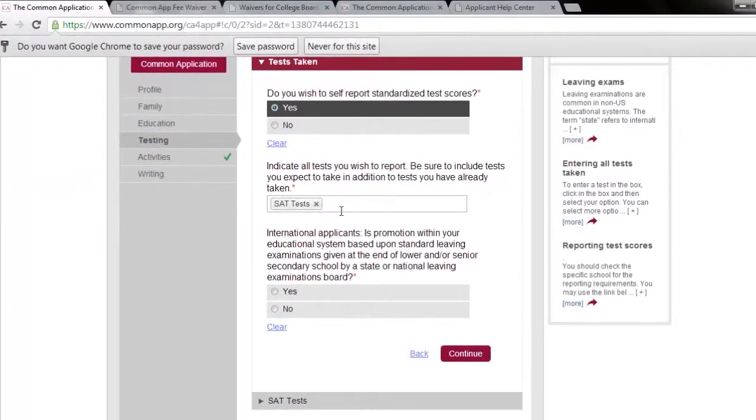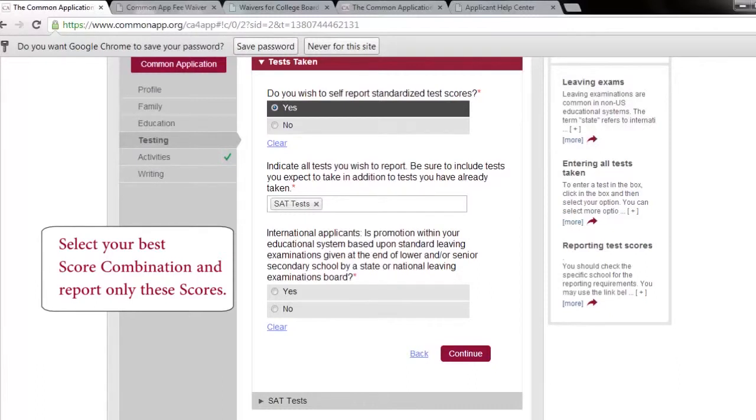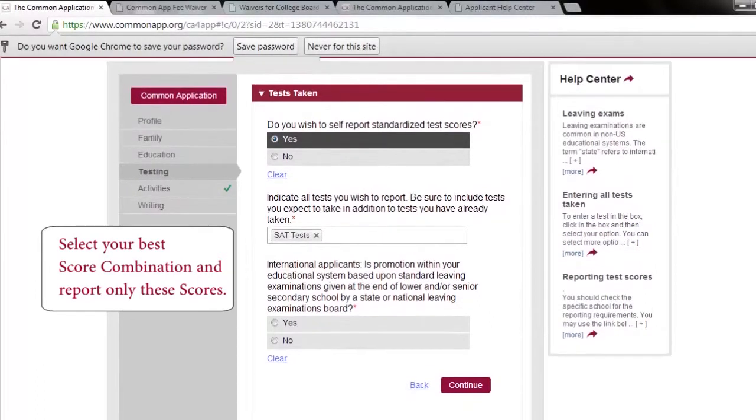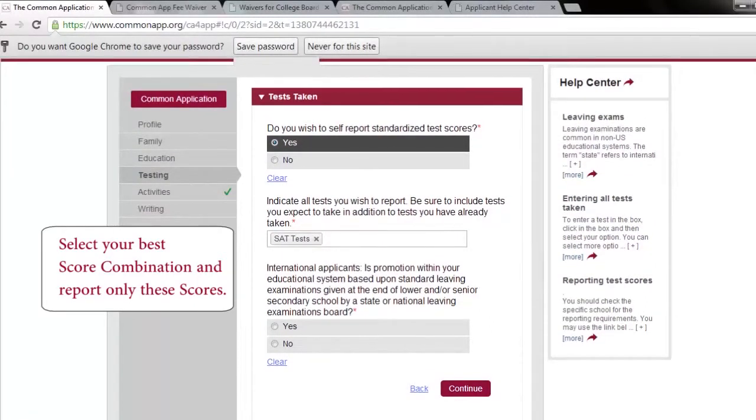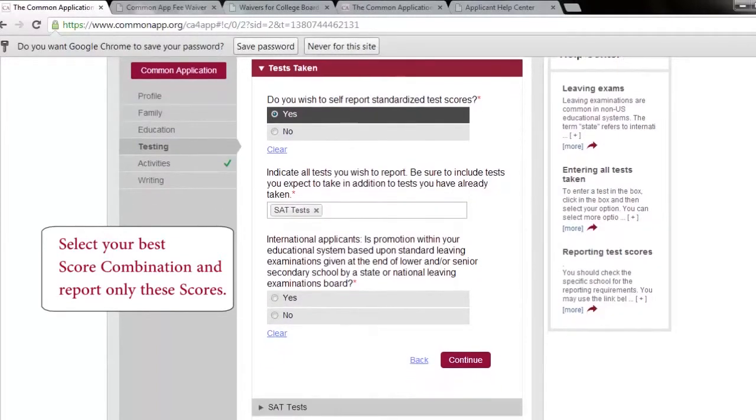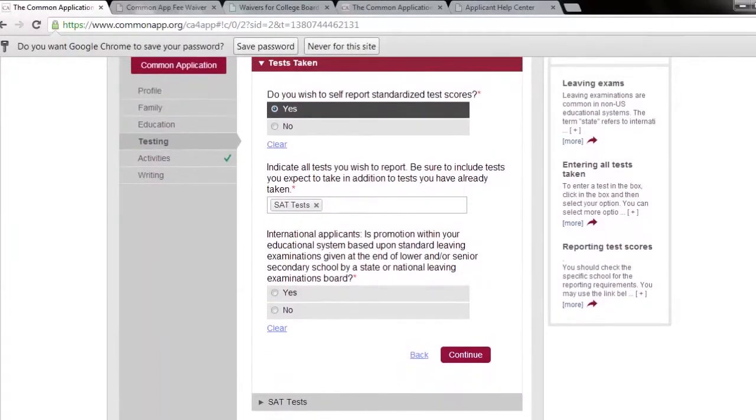Now on to the test scores. The Common App allows you to super score, meaning you only have to report your highest score. So if you took the ACT, you only need to submit your highest composite score and your highest individual section scores and the dates you achieved those scores. If you took the SAT, then you would only need to submit your highest section score and the dates you